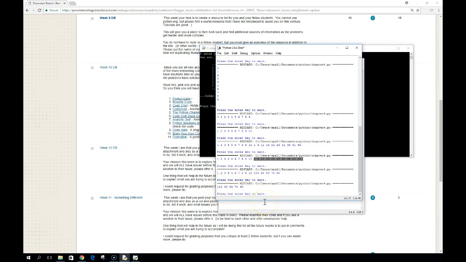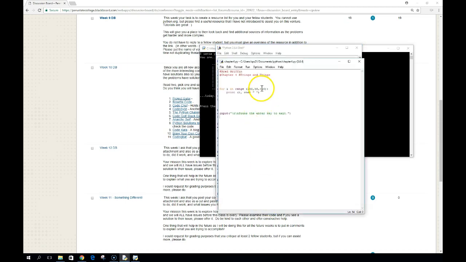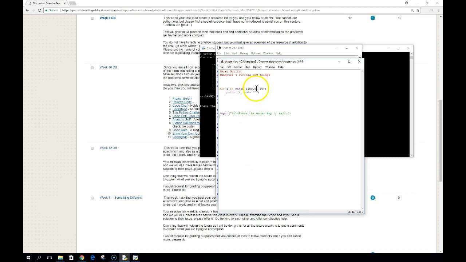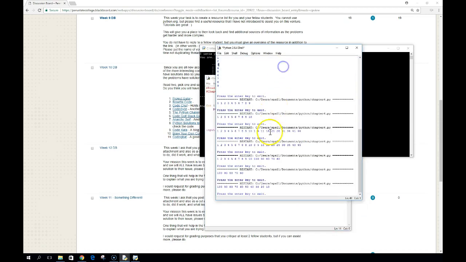So if I wanted to count all the way to 0, I'd have to change this. So I'd say to 0, and maybe we're doing a countdown. And so now I count all the way down to 10. But notice I don't get all the way to 0. Even though it says I'm counting down to 0, notice where it stops. And so to actually get that last 0,